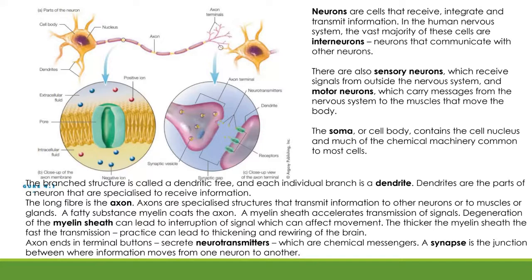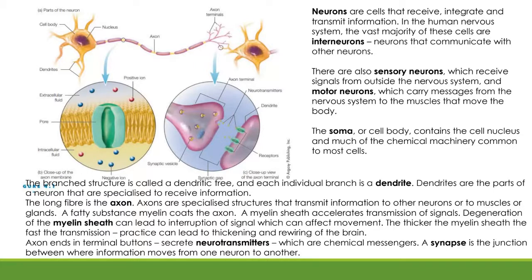But the information travels down the axon into those axon terminals right at the other end, and from there it moves into the next neuron. So neurons communicate like that. And around the axon, around those purple sausage-like structures, is like a little fatty sheath. It's called a myelin sheath.